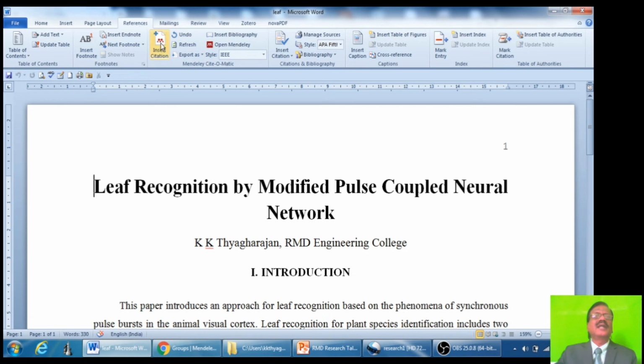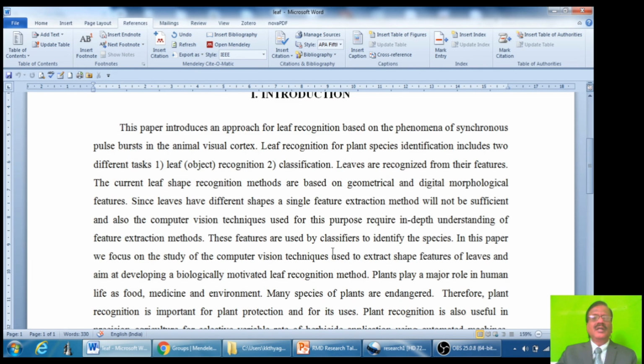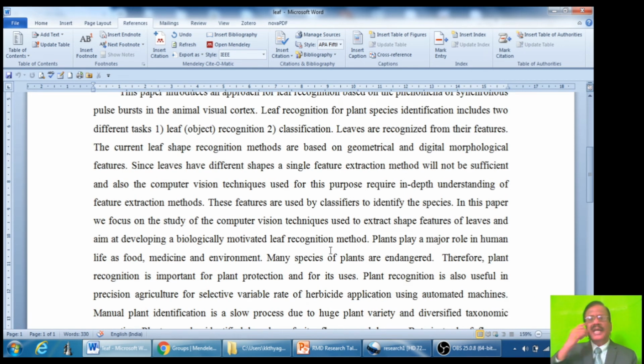That is, under this reference, you have insert citation, this icon, Mendeley icon, and open Mendeley, this icon you will have. Then insert bibliography, this icon will also you have. Then you can choose any style for references. I have selected IEEE style.